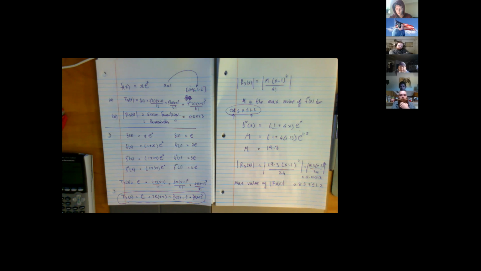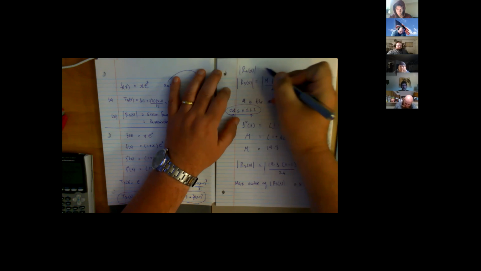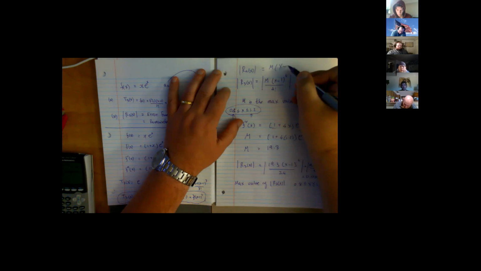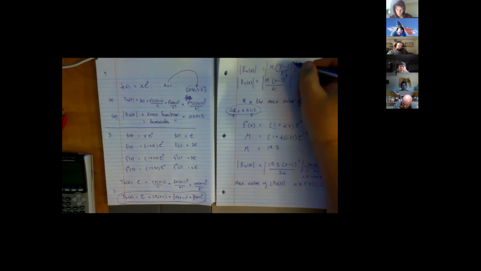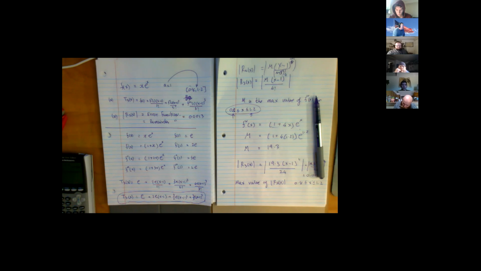Say again? I would just like a little bit of clarification. Whenever we were looking at the R3 of x, why did we go with the fourth derivative again? It's the magic of that's what you do. So if you want T2 of x, R2 of x will have the third derivative in it. In general, Rn of x will be M times (x minus 1) to the 5 over 5 factorial, and I'm saying 5, it will be n plus 1. So part of the magic is you use the next one.